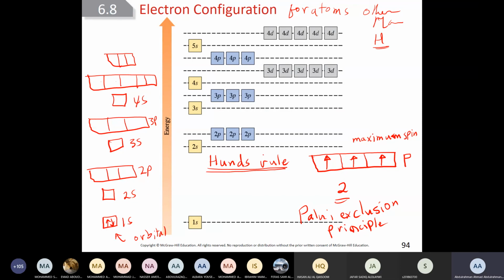Okay? Then if you have 4, what are you going to do? You can now put it, but how should I put it? Down in the first orbital. I should put it spinning down, according to which law? The Pauli exclusion principle. The maximum that you can put in any orbital is 2 electrons, and they must have different spin. Clear? So we must now know Hund's rule and the Pauli exclusion principle.